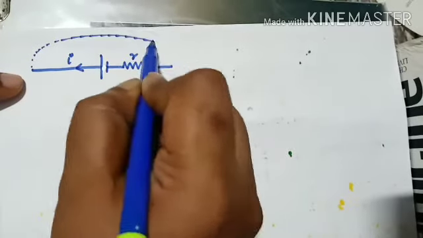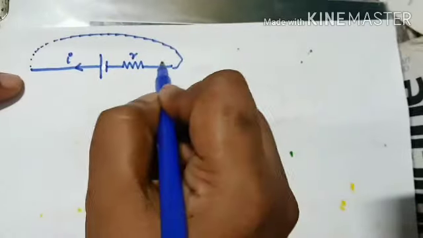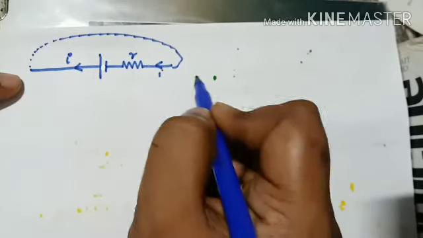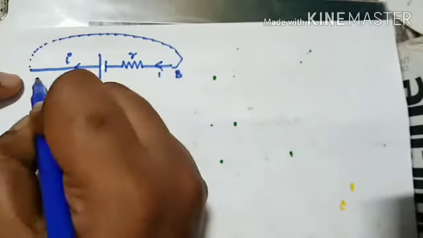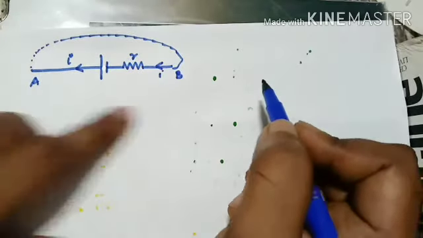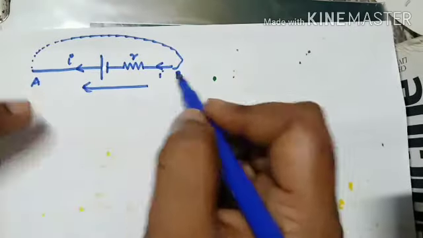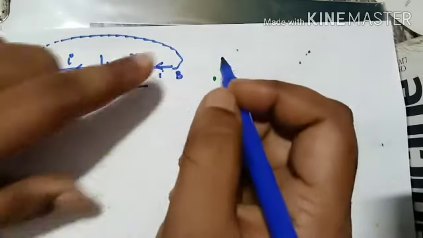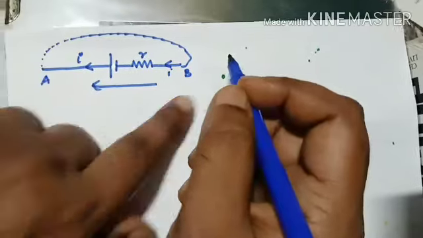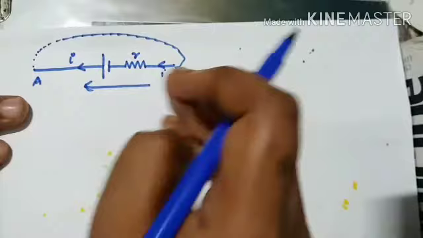This is the current direction. Suppose this current is supposed to flow in this direction in order to complete the circuit. So in this direction the I will be here. Let the terminals of the cell be A and B. Now I am going to consider the path, that is, I am going to move from B to A. I am not considering the path of current. I am looking from the terminal B to A.